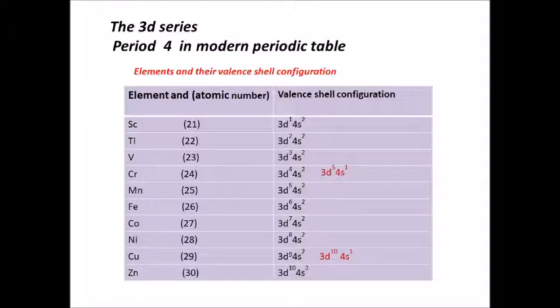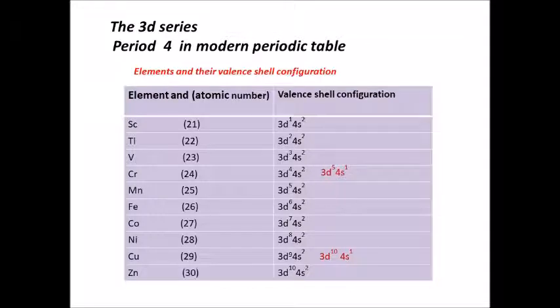Well, for the chromium atom, atomic number 24, by the normal Aufbau principle you have 3d4 4s2. But if you consider the half-filled orbital stability, d subshells have 5 orbitals in that d level. So each of these will be filled with 1 electron in parallel spin, and that makes half-filled orbital stability a more prominent factor in contributing to the stability of the atom. In the case of 3d5 4s1, both orbital sets are half-filled.